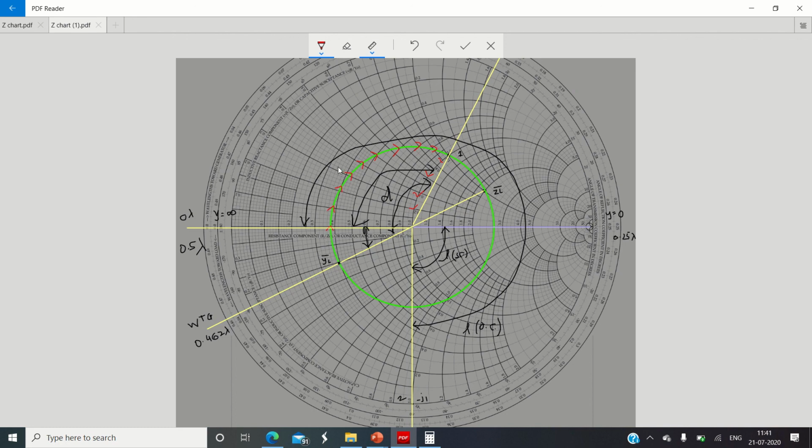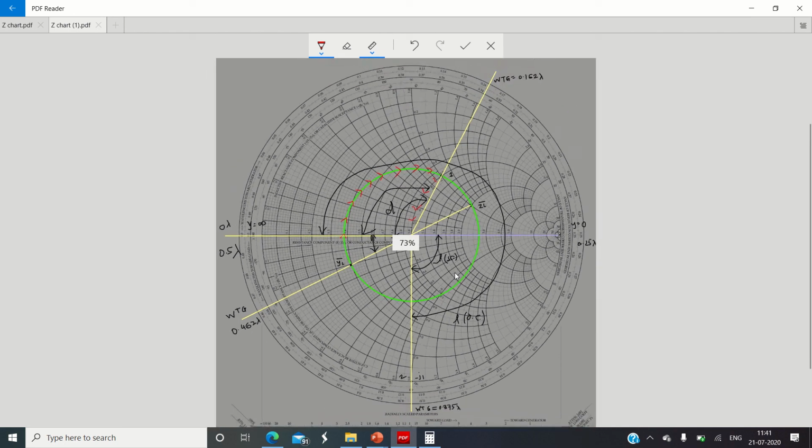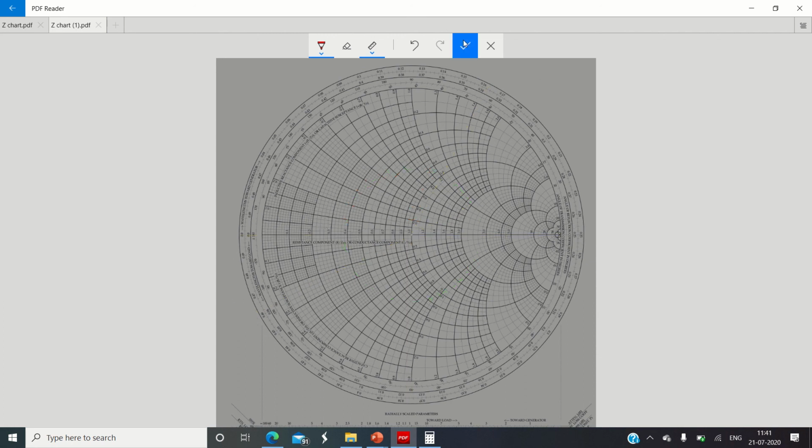From the load point it will go to the design point, and from the design point, when we insert the appropriate length of stub, this point will get transformed to the center of the Smith chart, and thus matching is achieved. So this completes the example of designing a parallel or shunt stub in both configurations, open circuit and short circuit. I will save this